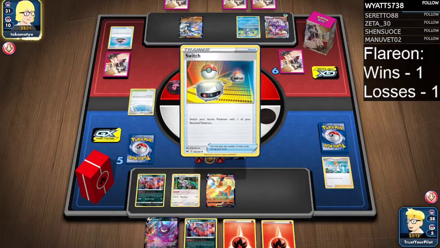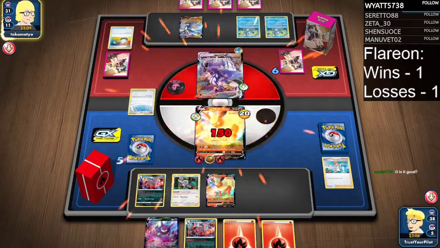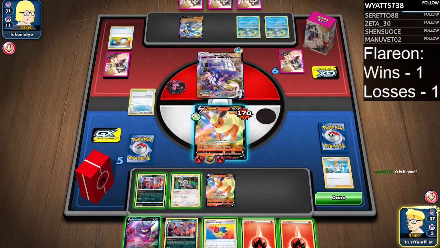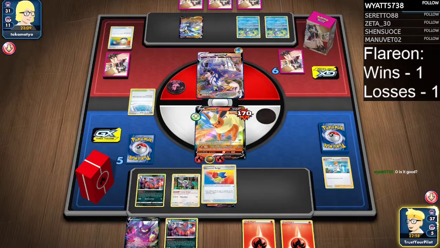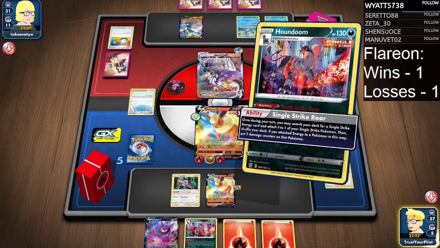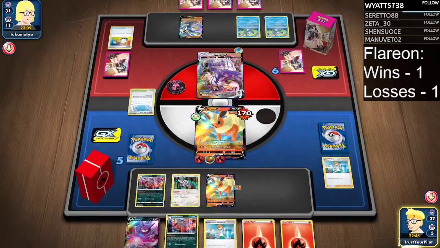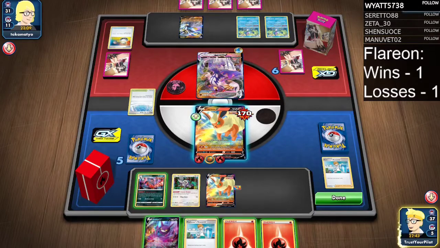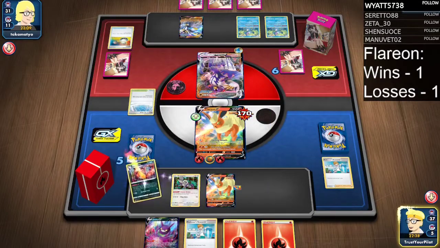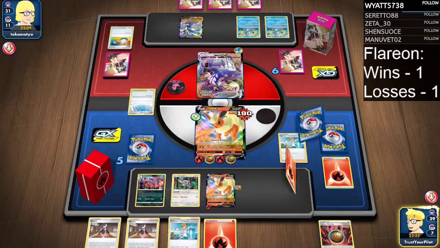There's the switch. I don't have a knockout on the Urshifu, which is unfortunate because it has 330 hit points. There's Elemental Badge. So I think I will... I mean, if I do it to the active... Okay, well, I know I'm going against myself already, but I have to do this to know what I'm getting. Perfect, perfect, perfect. I will Single Strike Roar the energy to the active. I will attach and go for it. And the reason I attach to...